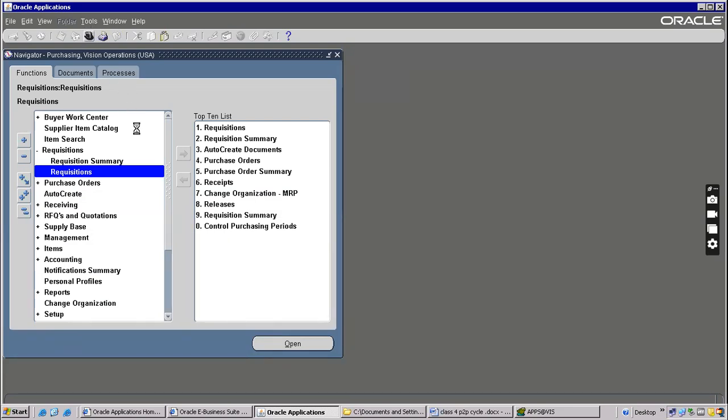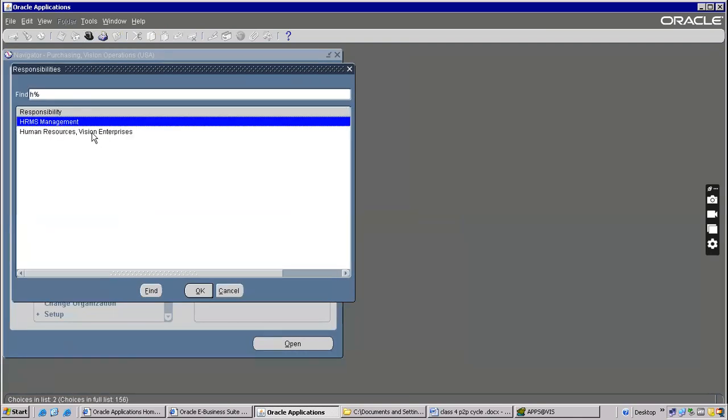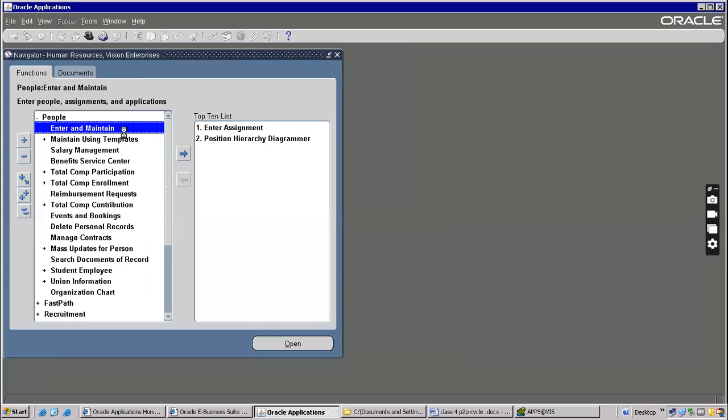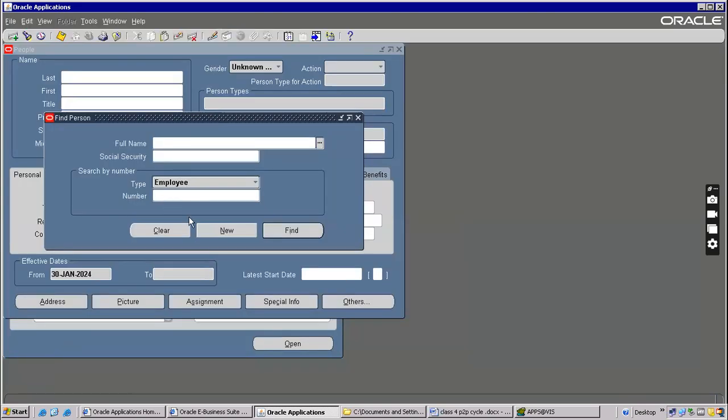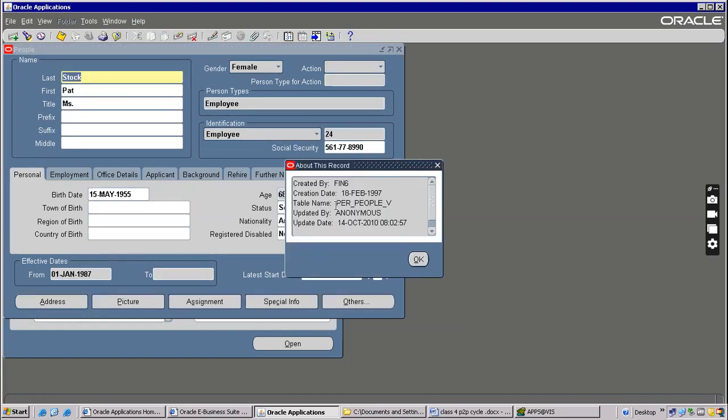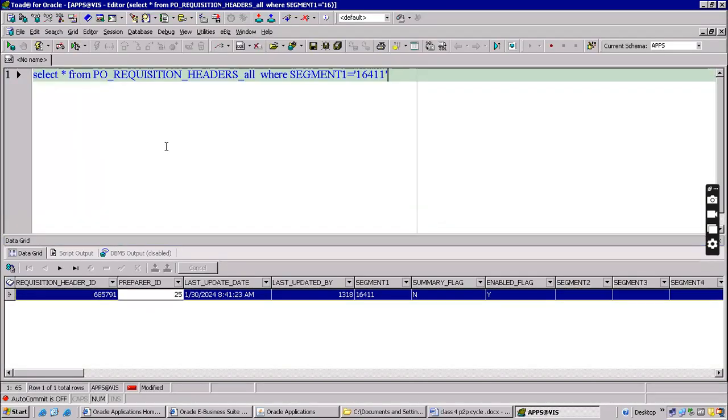HRMS. HRMS means human resource management, human resources. In your company, all the employees, preparer, requester, buyer, whoever it is, will be stored here. People, enter and maintain. Full name. Full name, as I mentioned here, stock. Fine. So this information is stored in a table here. That is per people, it is there, right? So we can find out